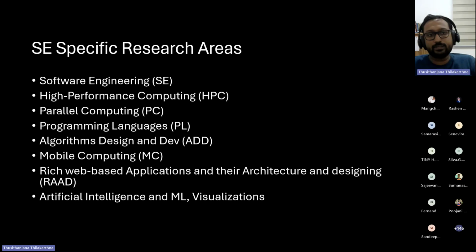Then the SC specific research area. Since you have been talking to your supervisors and finalizing the task, I think you now have a clear idea of which part your project belongs to. Sometimes it can be a software engineering related project, for example something related to code review, agile methodology, DevOps integration, maintenance, like that. Then there can be something related to high performance computing, energy efficiency, big data analysis, or scientific applications. Then it can be parallel computing,